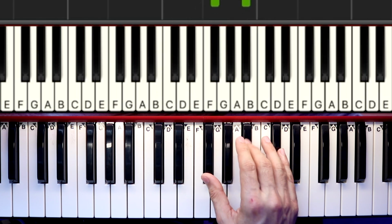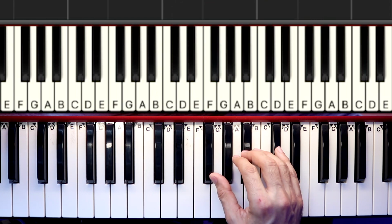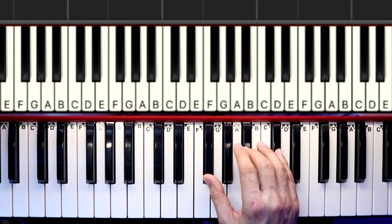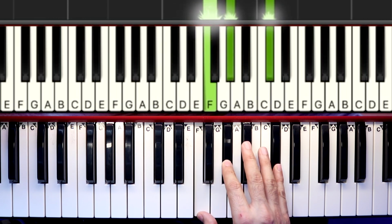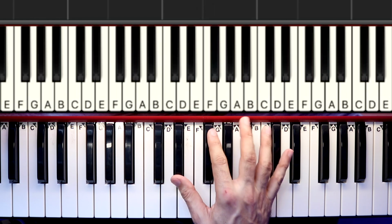So 1 and 2 and 3 and 4 and. So that there, I would suggest similar numbers than before: 1 and 3, 1, 3, and 5, 1 and 2. And 1, 2, and 5. So once you have that, the next one, I hope is not too far of a stretch if you're a